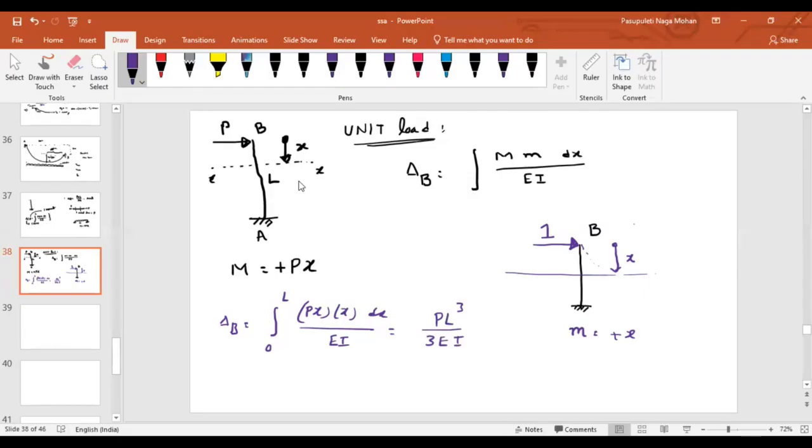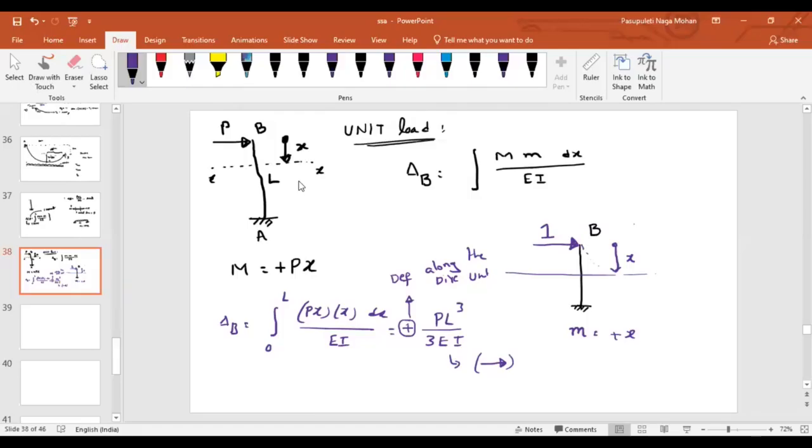Now at the answer we are getting a positive value. What does this positive represent? This positive represents that your deflection is along the direction of the unit load. What is the direction of the unit load we have considered? Right side. So you can say that it's acting in the right direction. The same logic applies, but in comparison with trusses,